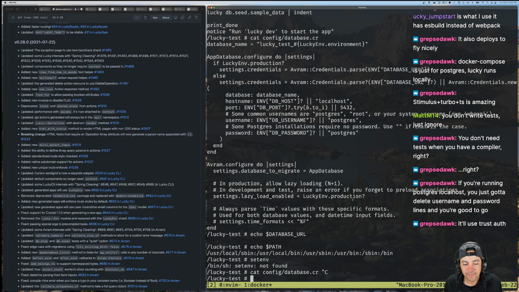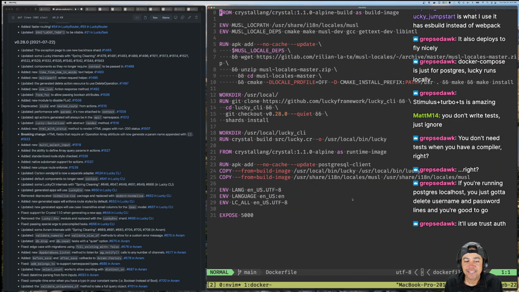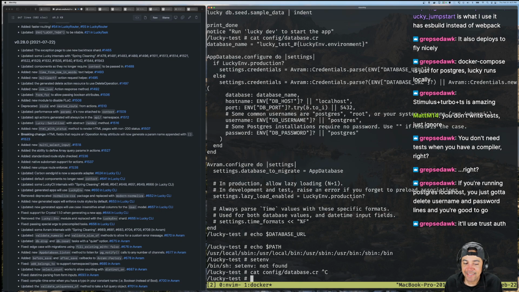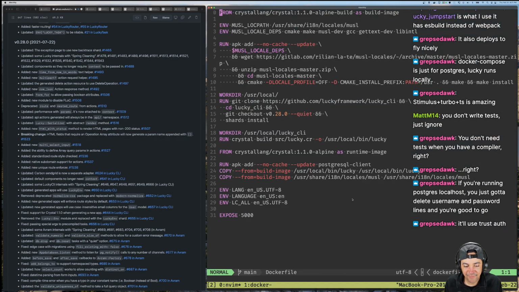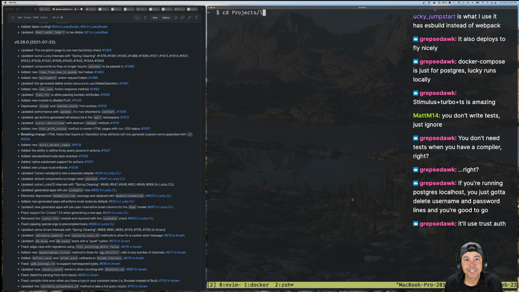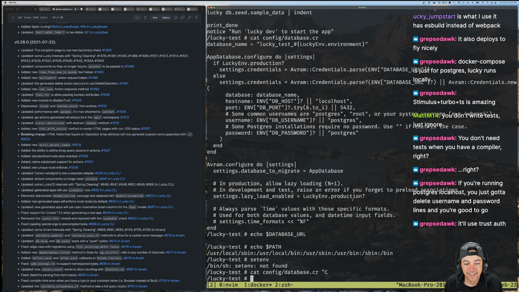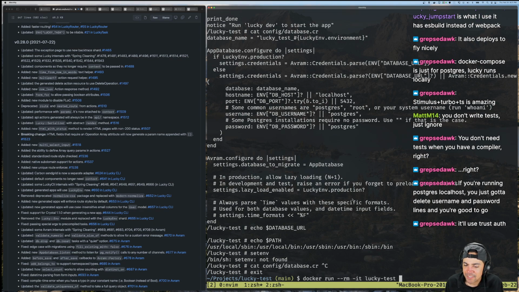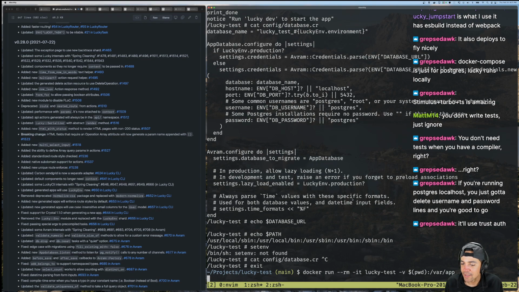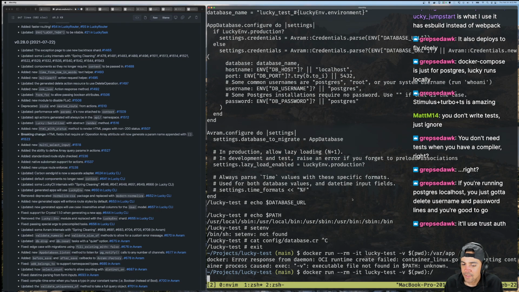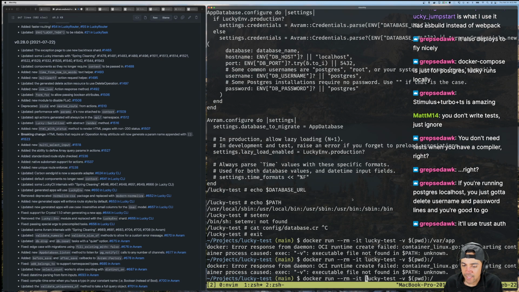Let me see. So this, I just realized that I didn't mount the volume, right? So this is only in the Docker container, and now I don't have any files outside the Docker container. CD project, lucky test. Yeah, it definitely does not. There's nothing there. So now I have to do. I don't even have any of them in here. I wonder, because I can't. Okay, I'm gonna start over. I can't mount root. Maybe I will start with the lucky whatever. Whoops, that was a habit. So yeah, I can't. Oh, whoops, I can't do this. Flags after the thing.